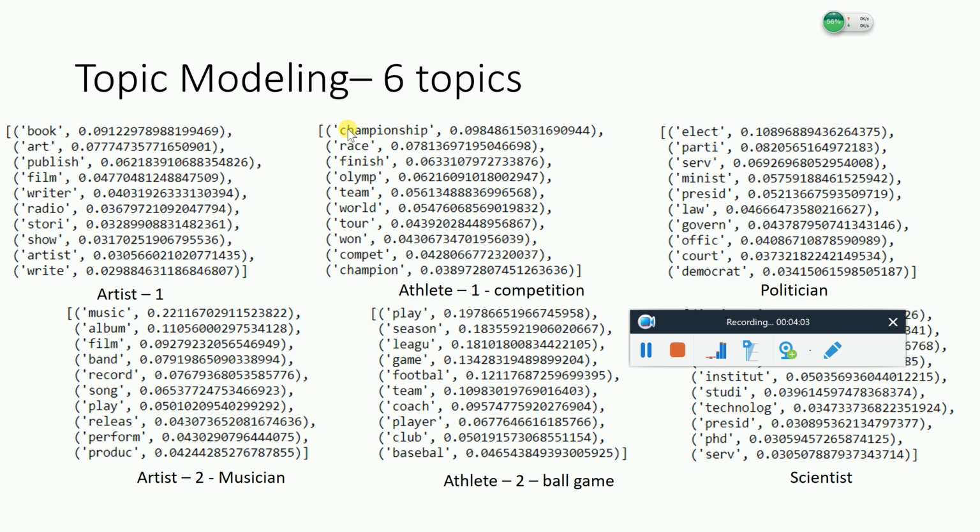The first one is the championship, race, Olympics, something like the competition, and the second one is the ball game. So it's like play, season, football, basketball, baseball, something like this. So there might be some topic beneath the athlete and artist,